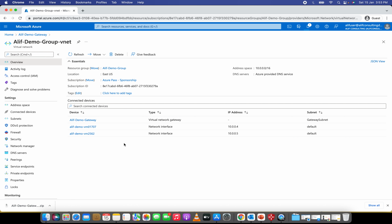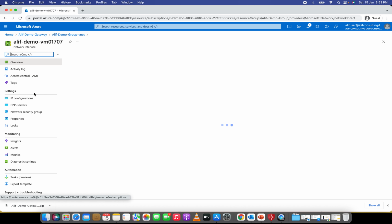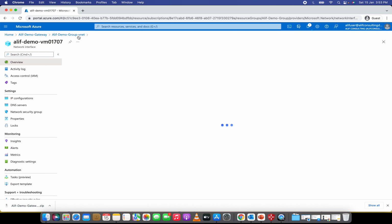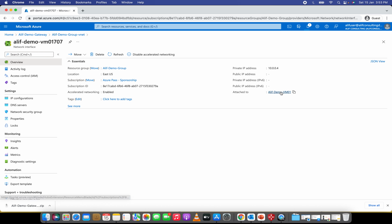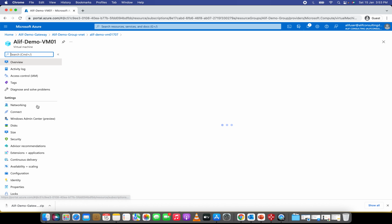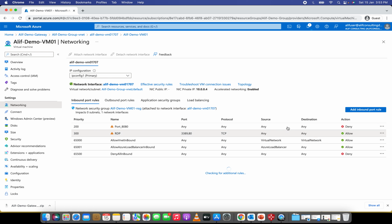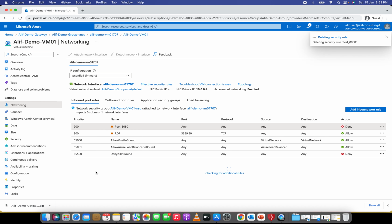So most probably I would not be able to do it right now because my VM has an NSG attached, in which I have a rule created for deny. So I'm going to remove that so that it can allow the communication. Yep, this is the rule which I'm talking about. I'm going to remove this one because I no longer need it,